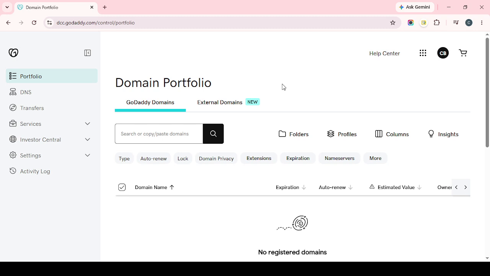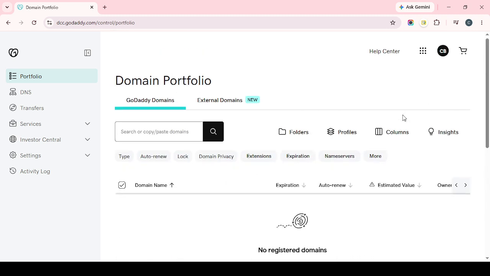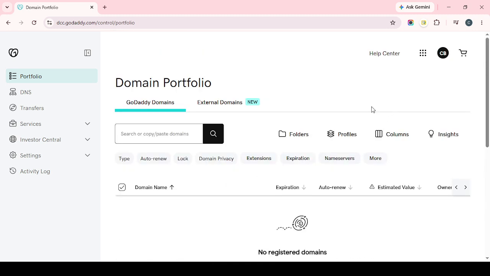And that's how to add a DNS record in GoDaddy domain portfolio. If you follow these steps carefully and enter the correct record type, name, and value, your subdomain should